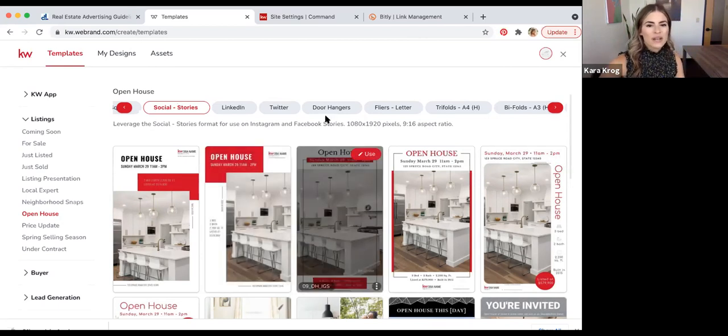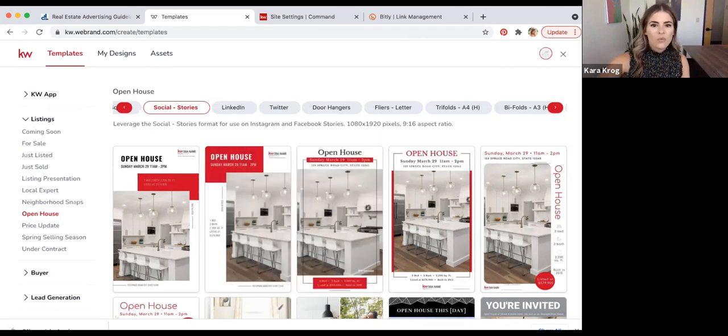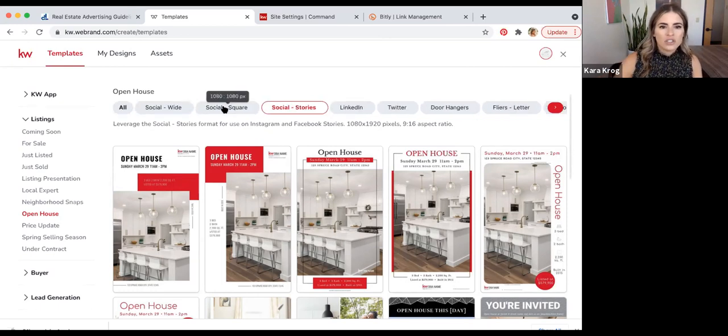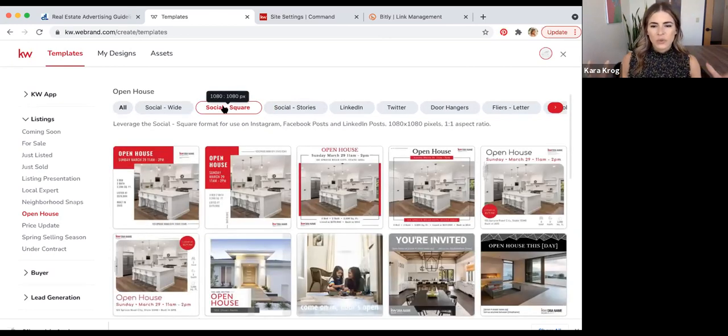Here is a great open house one that matches what we just did. Also this one. So if you want to keep that consistent branding with your post and with your story, these are great ones to use as well. But we are going to do just a square. I think square looks best across all social media platforms.